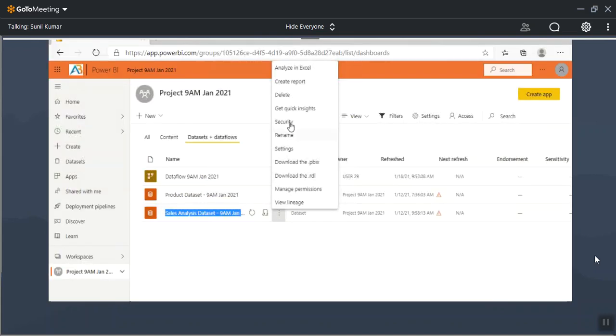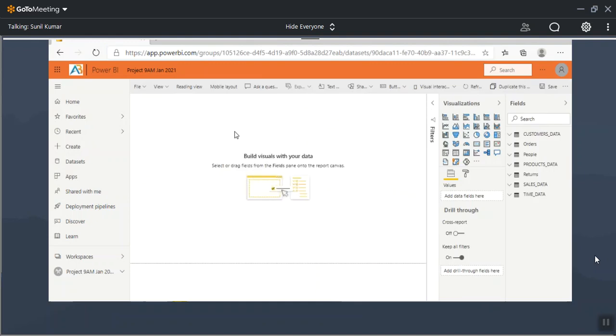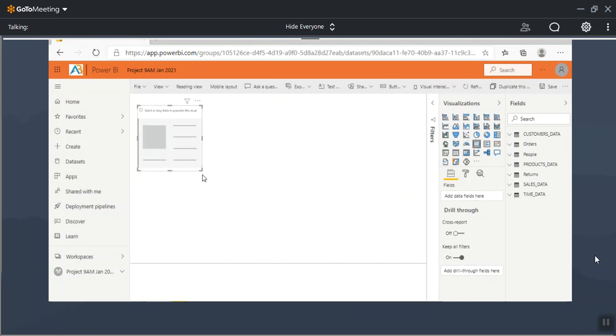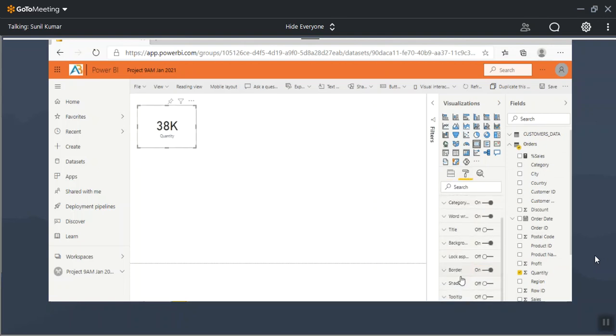When you click on create report, you will see you can start creating the visuals. How you will develop the visuals there, same way you can develop it. Go here, drag the quantity column. If you want, you can format it, adding the border and doing some formatting work.